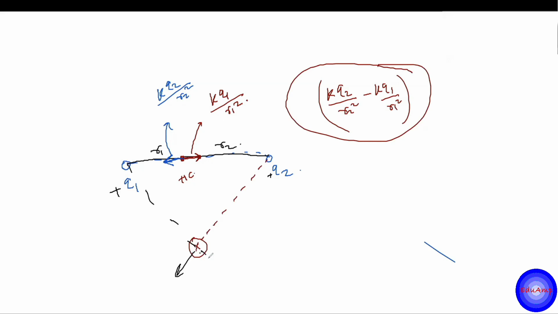And due to this force, the force of this plus 1 coulomb charge. So then you have to find the resultant of these two forces on that 1 coulomb charge. That will give you the electric field at this point. It will be somewhere in between, right? Fine. So based on this, I am uploading a question of JEE Mains 2019.